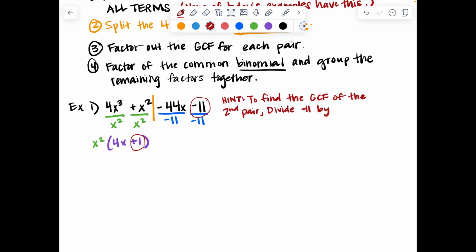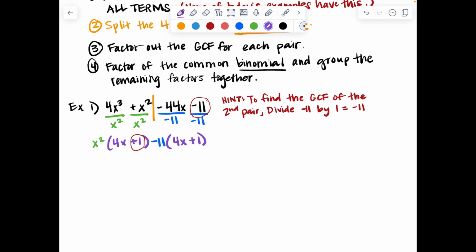Divide negative 11 by 1, that gives you negative 11. Okay, so we're going to divide by negative 11. So we're going to put that here, and then negative 44x divided by negative 11 is 4x. Negative 11 divided by negative 11 is